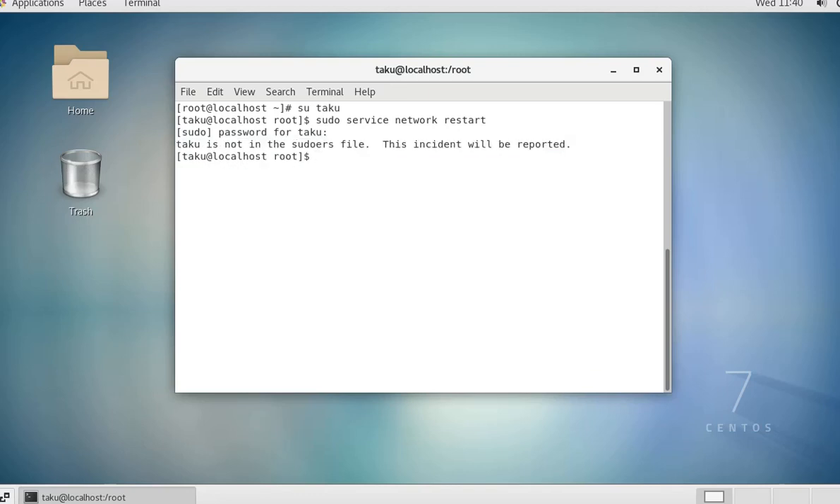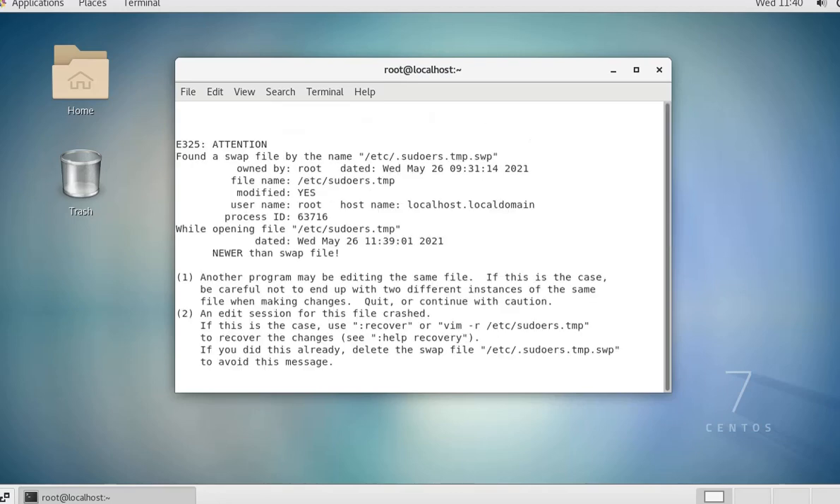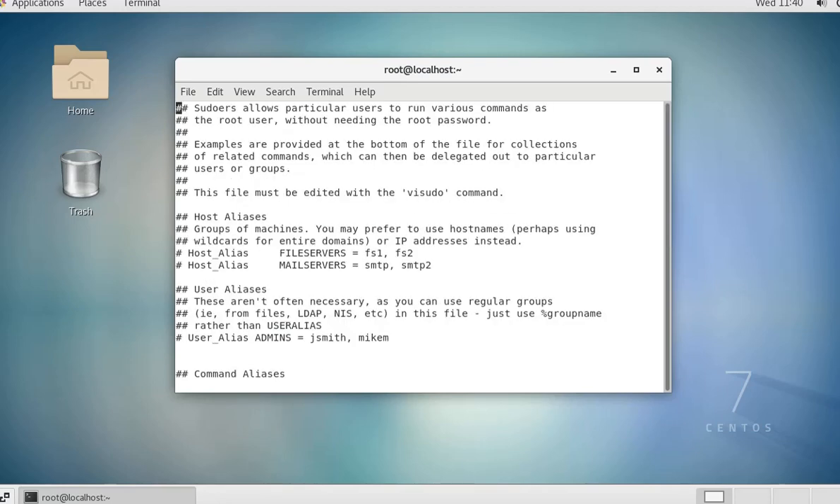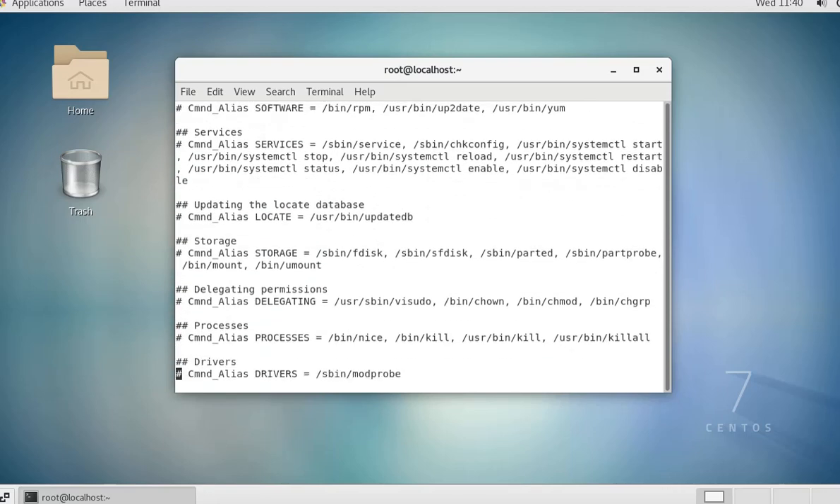So for Taku to have root access or sudo access, we need to put that user in the sudoers file or in the wheel group. So let's start with the sudoers file. If we are going to add to the sudoers file, we use the command visudo. With the command visudo, we get into the sudoers file, and then